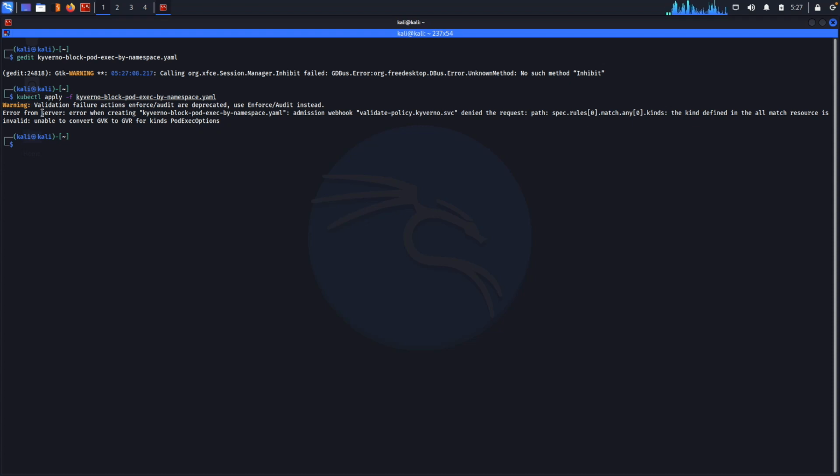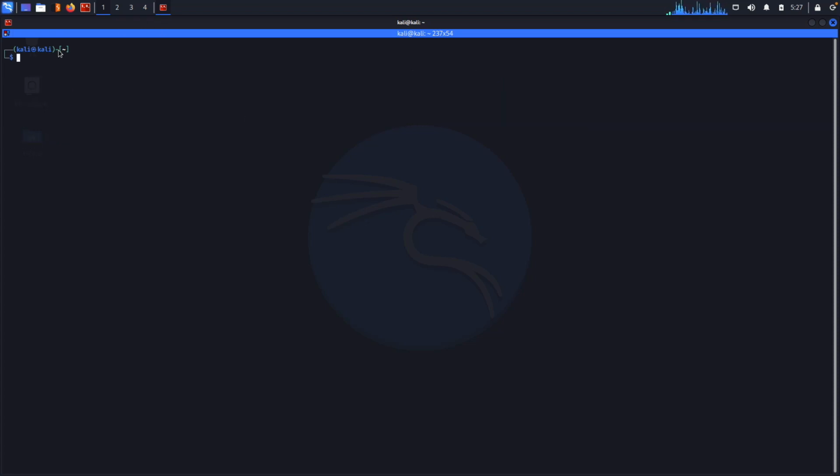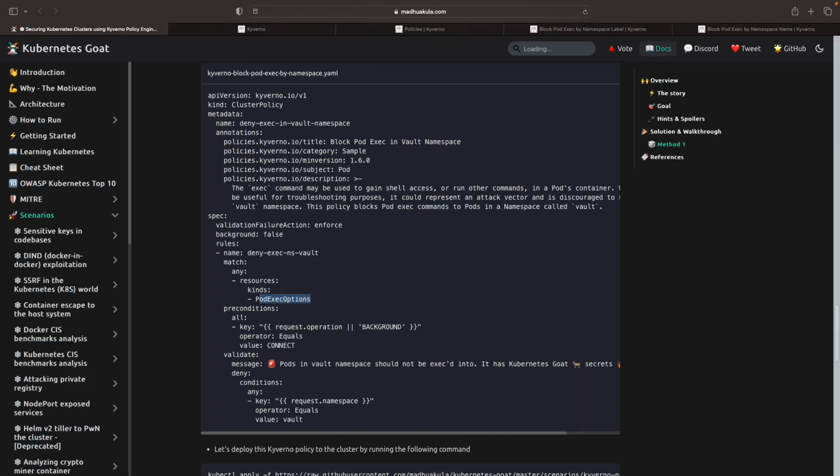What this is basically saying is validation failure: enforce and audit are deprecated, so we have to use capital letters. This is deprecated, and we see here an error from server when creating. Basically what this is trying to say is that this is deprecated. The pod exec options is actually not working at all now. So what we can do from now is go back to the